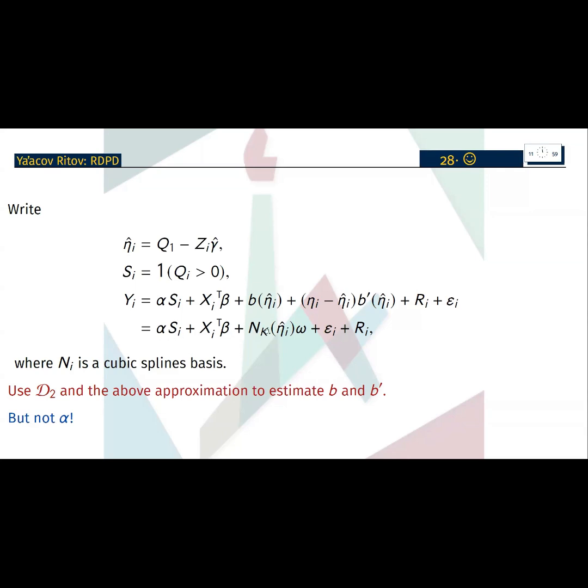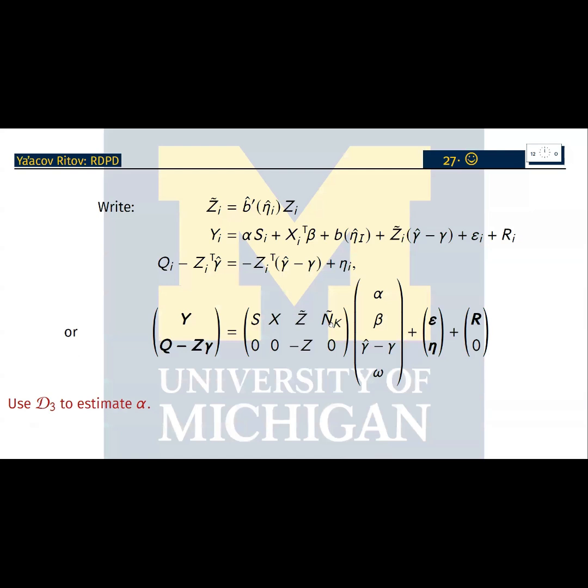And now I estimate on D2, after I had eta hat from D1, I can estimate the B and its derivative. Alpha in this stage, which is a parameter of interest, in this stage will be just a nuisance parameter. So now I have initial estimators of B and B prime. And now I get to the bizarre stage. I take the two equations together,